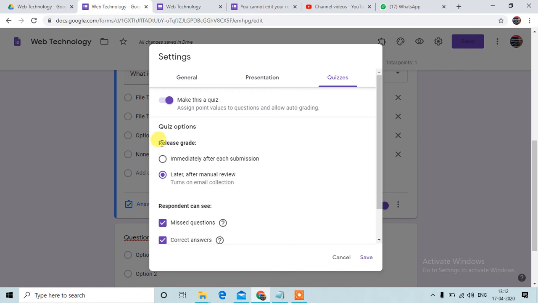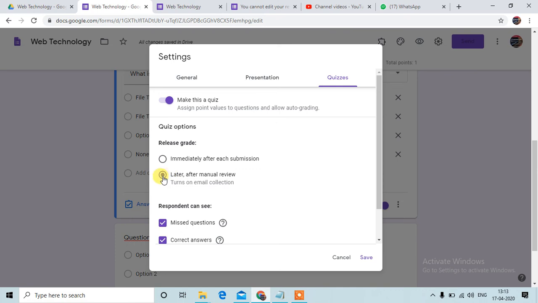Then there is another option, release grade. You can show the marks immediately after each submission or later after manual review. If you select immediate, then the students will get the marks automatically at their email addresses. Or you can select the other option if you have to manually review the answers of each student.